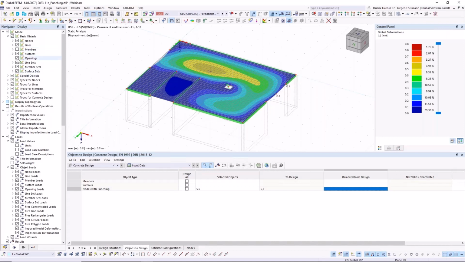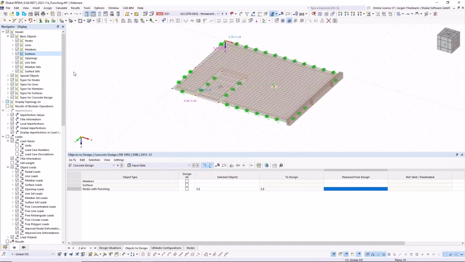Well, since I mentioned it now, you know that this is the case in this model. And if this is not the case and it's not so easy to spot, you can always do a right click on that navigator display and set all your display settings to Dlubal standard. And then the members will get activated as well.